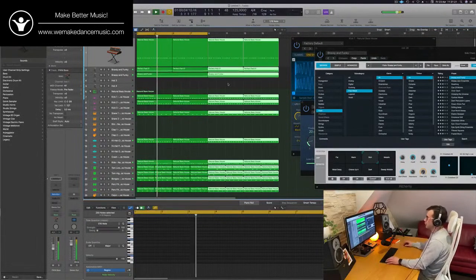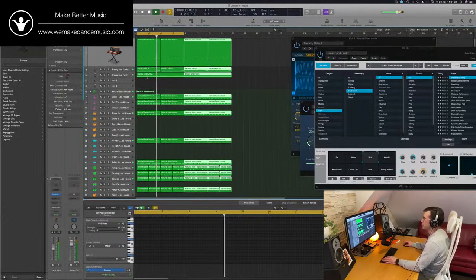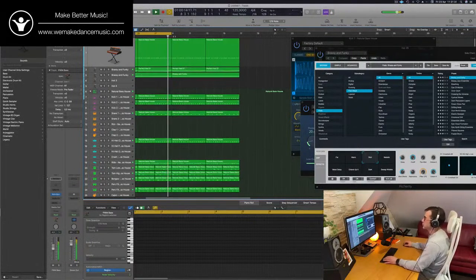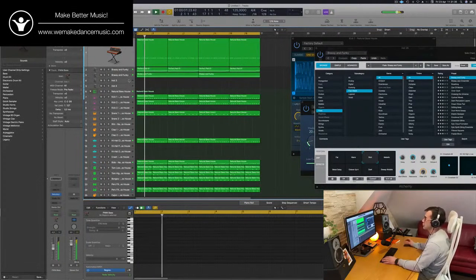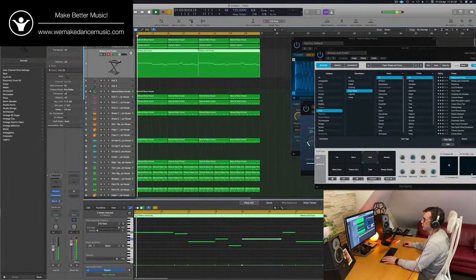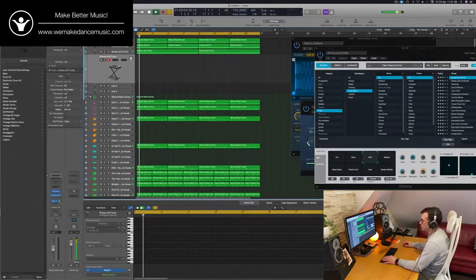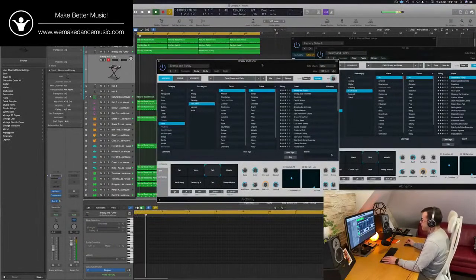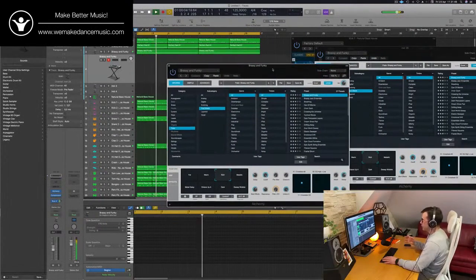I'm going to continue building up the track a little bit. I think I'm going to continue in this vein of brassy kind of stuff. I'll try to put something in the mid-low range, like something